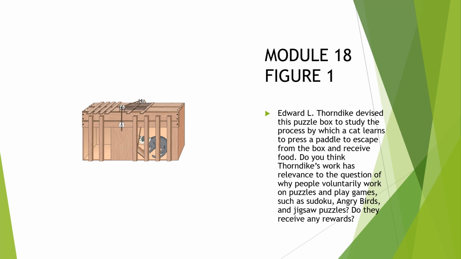He called this the puzzle box. I've also heard it called the problem box, but the puzzle box is what it's referred to here. So what Thorndike did is he took cats and he put them in this box. And you can see if you look, there's a little lever hanging on a string. If you pull this lever, it's going to open this door and the cat can escape and get a treat. So what Thorndike did is he put the cats in the box and he let them roam around, and eventually the cats would start pushing or playing with that block with the string, and they push on it, with a little bit of exertion, and the door would open.